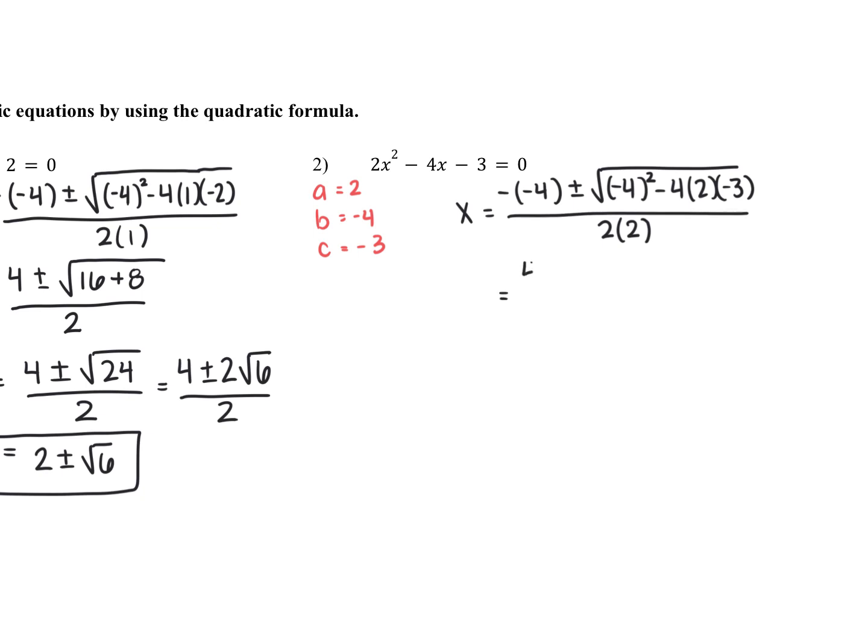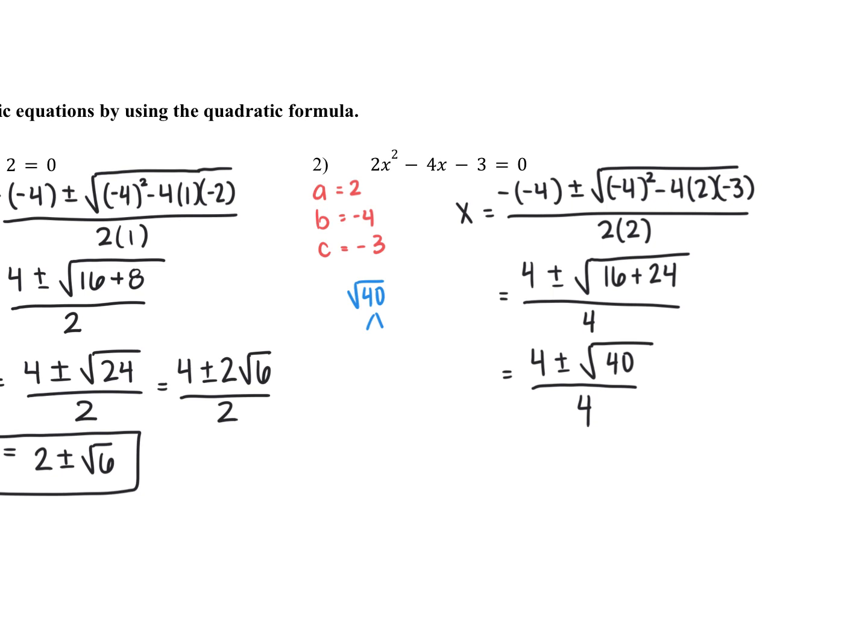Negative 4 is going to become 4 plus or minus, and then I'm going to get 16 plus negative 4 times 2 is negative 8, times negative 3 is positive 24, all over 4, which becomes 4 plus or minus the square root of 40 all over 4. So now I need to simplify the square root of 40,